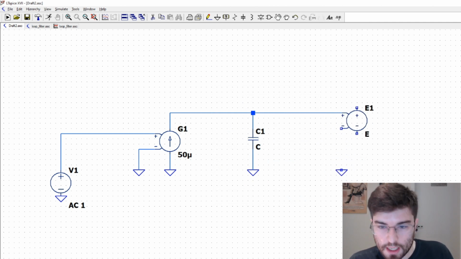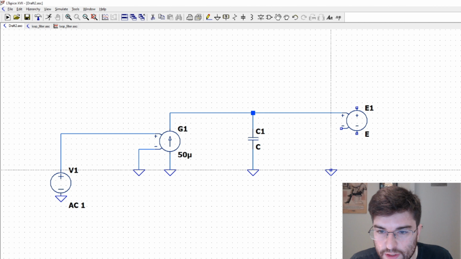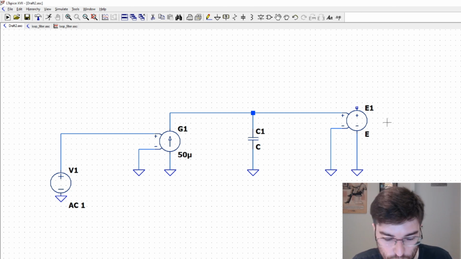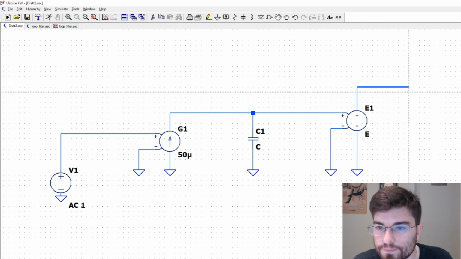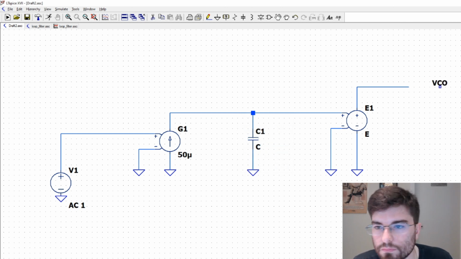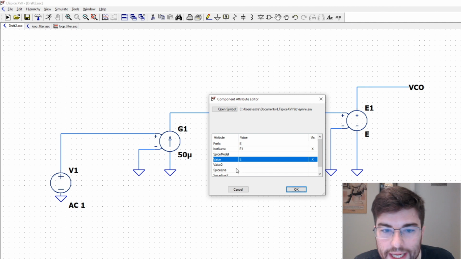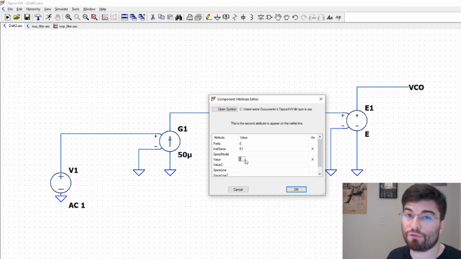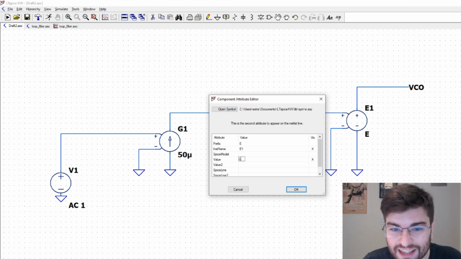And here we can place the VCO, and on the VCO, guys, we're going to generate a signal here. Let's call the signal VCO, right? And here on the VCO, we can place a Laplace transfer function. This is pretty nice from LTSpice. We can place Laplace here,